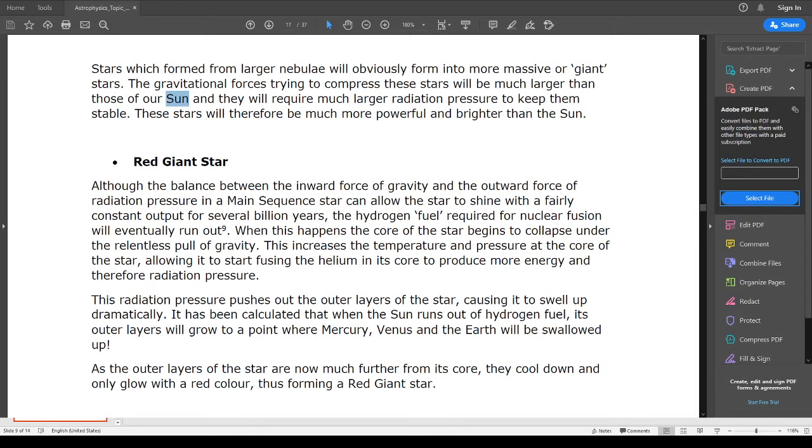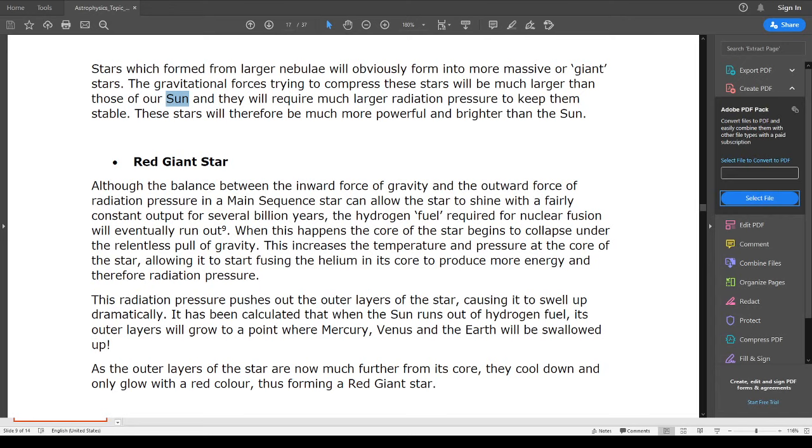Therefore, these nuclear fusion reactions will produce more and more energy. As they produce more and more energy, these stars will be more powerful and brighter than the sun,